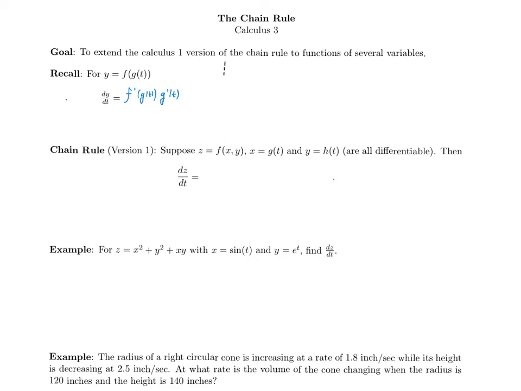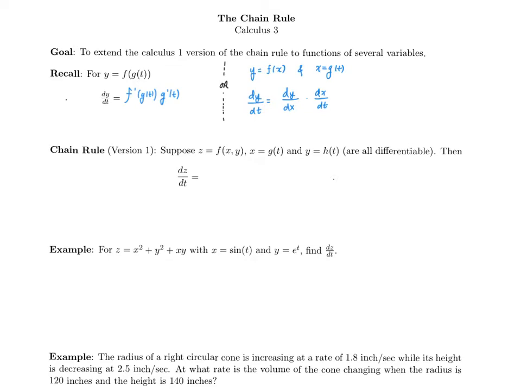Now there is another way that is completely acceptable and equivalent for us to think about this. We could think of y as being some function of x, with the x being some function of t. Then in this case, we could write dy/dt, the quantity we want to find, as dy/dx multiplied by dx/dt, which is more similar to how we are going to write the chain rule in this